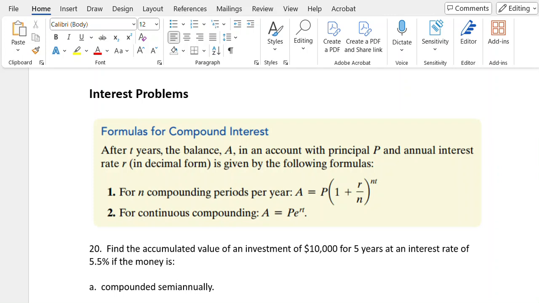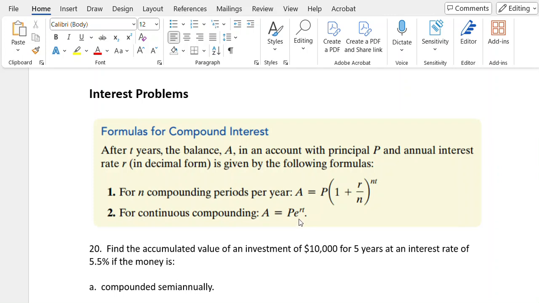In this video, we're going to do some interest problems. First, we're going to look at the compound interest formulas. The formula is here. After T years, the balance A in an account with principal P and annual interest rate R is given by this formula. For n compounding periods per year, we have a formula, and for continuous compounding, we have a different formula that